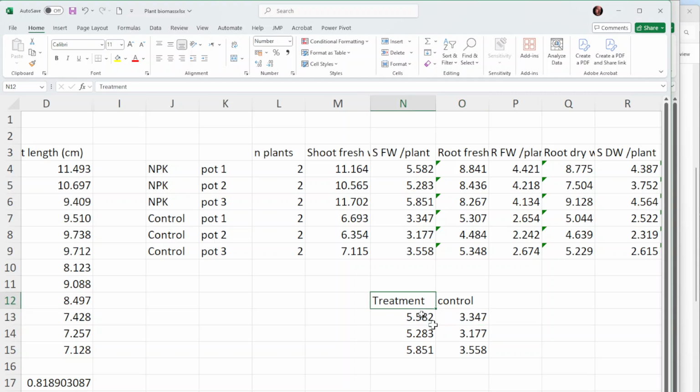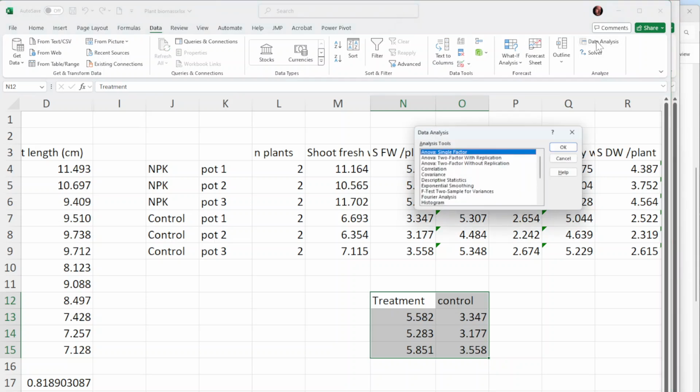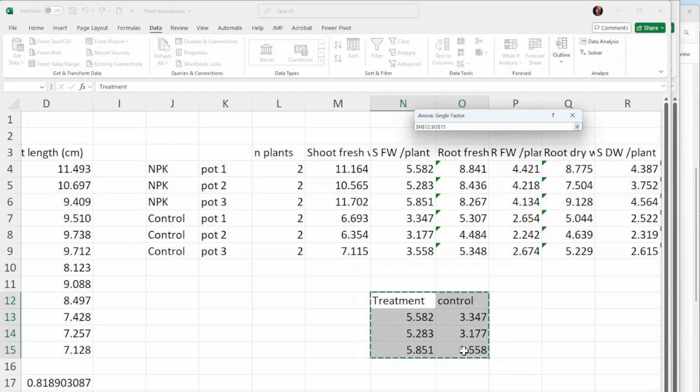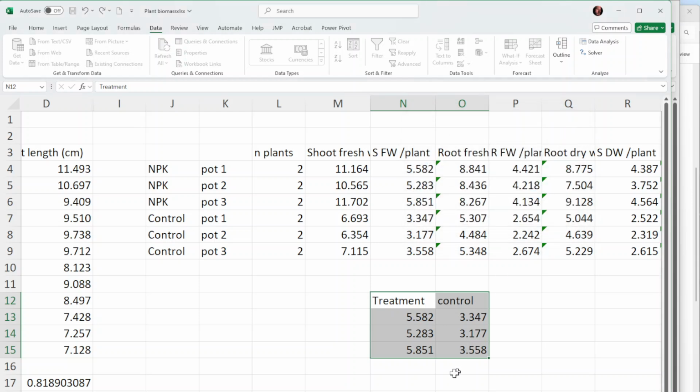So if I select this and I do my data analysis again, it will do the same thing. Data analysis, ANOVA single factor. Now I will select the range here from the shoot fresh weight, and it will give me